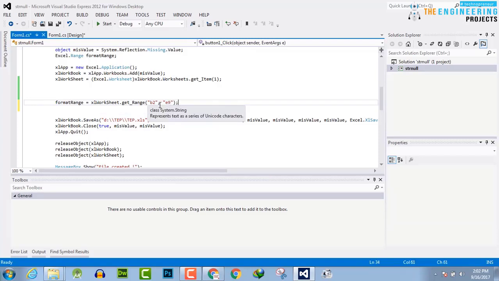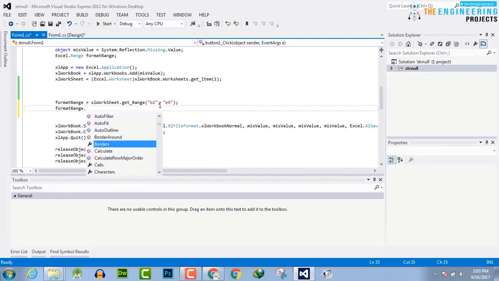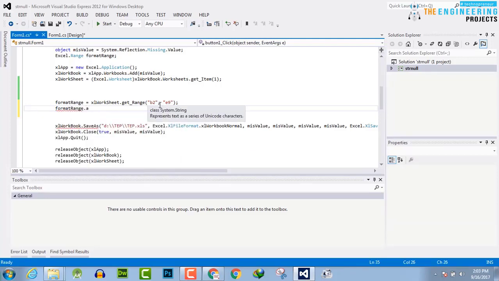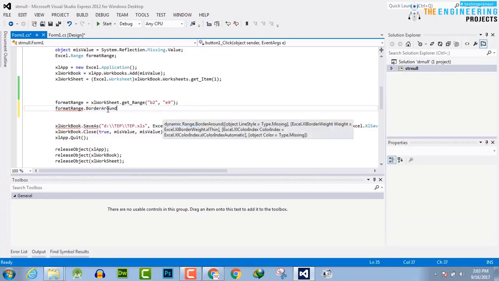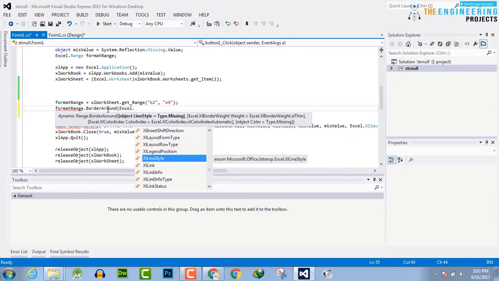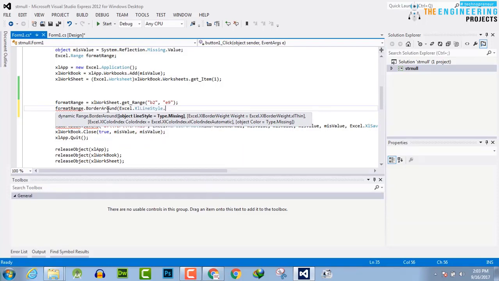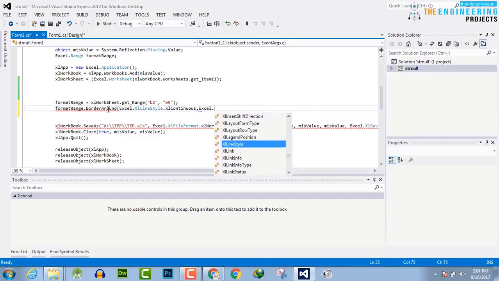Now create a border as format range dot range dot border around Excel dot XL line style dot XL continuous, comma, then